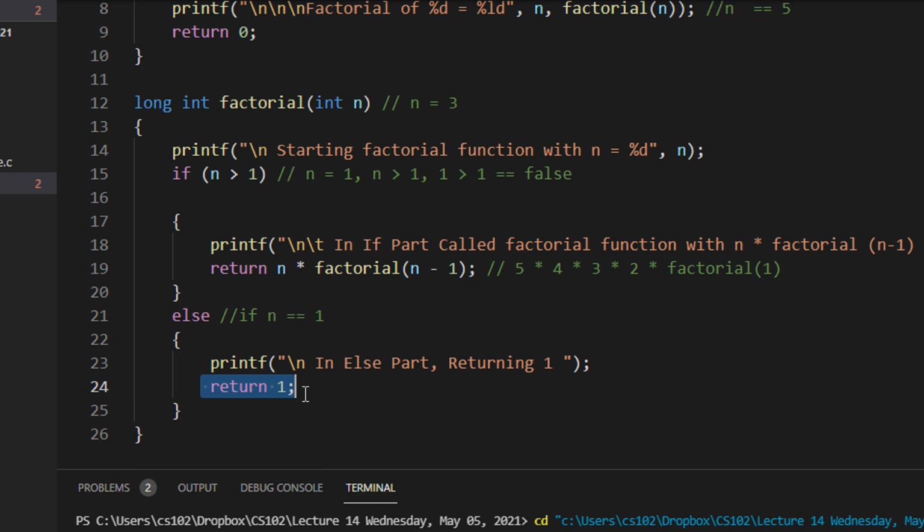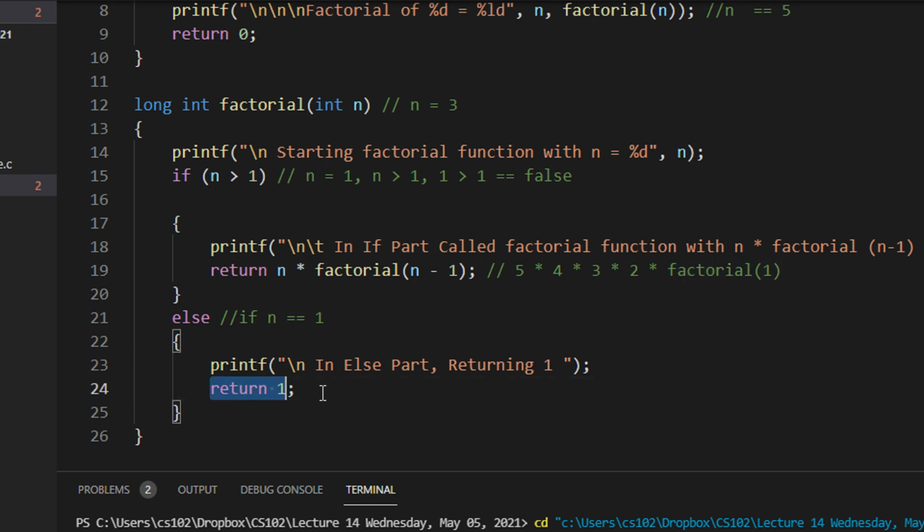It will return to the point where the function was called, which was line number 19. So when factorial 1 is invoked, I am actually returning the value 1, so this will be replaced by 1. So eventually the function is returning 5 into 4 into 3 into 2 into 1, which is nothing but the factorial